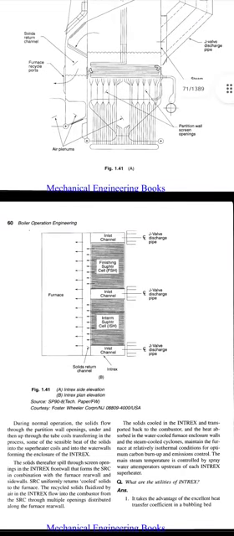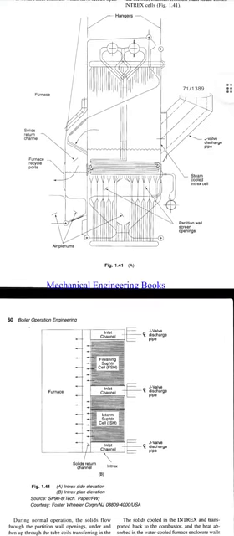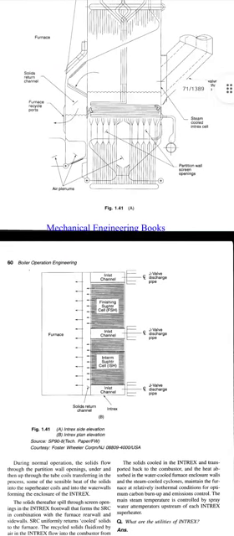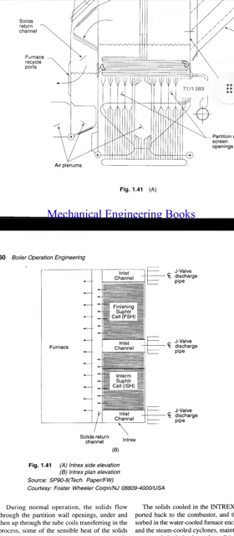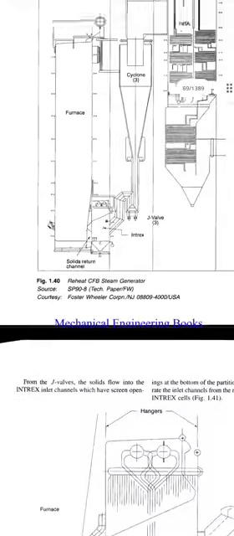In the next diagram we can see the Intrex side elevation and Intrex plan elevation. The first diagram is the Intrex side elevation. The second diagram is the Intrex plan elevation. Here we can see the finishing superheater cell, intermediate superheater cell and inlet channels. On the right side of the diagram, the J valve discharge pipe goes through the inlet channel, after the furnace. So the first question we can see.